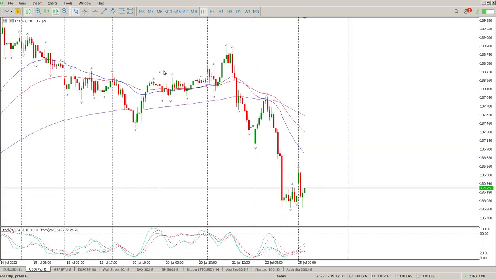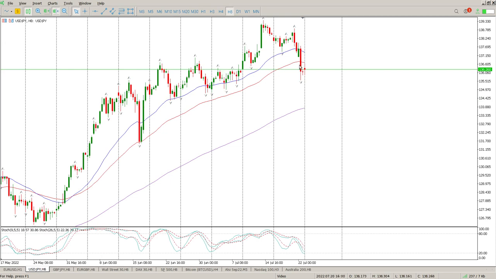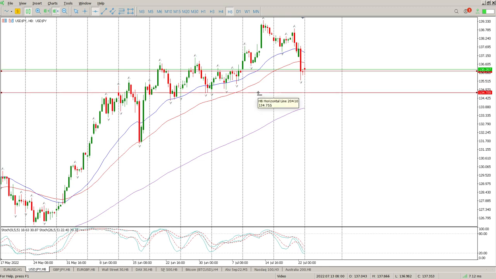Moving on to US dollar Japanese yen, and if we start off on the 8-hour, you can see we've pulled back into this area of potential support. We're kind of hovering around in this area. If you look to the left, for all intents and purposes, if you're looking for a continuation of the upside, this is a great area with a stop below 134,789. Now, if we just get down to the hour,